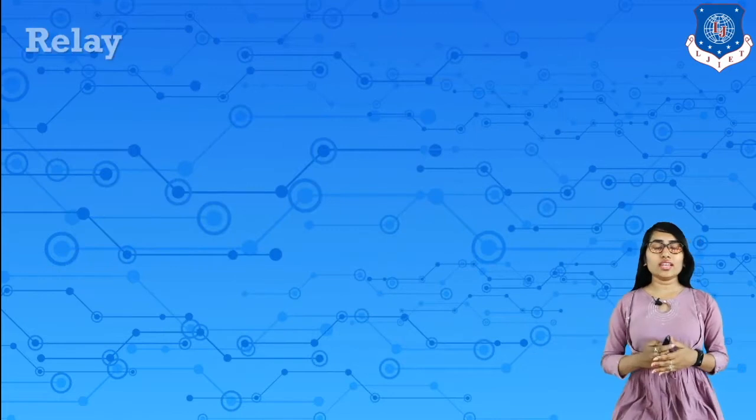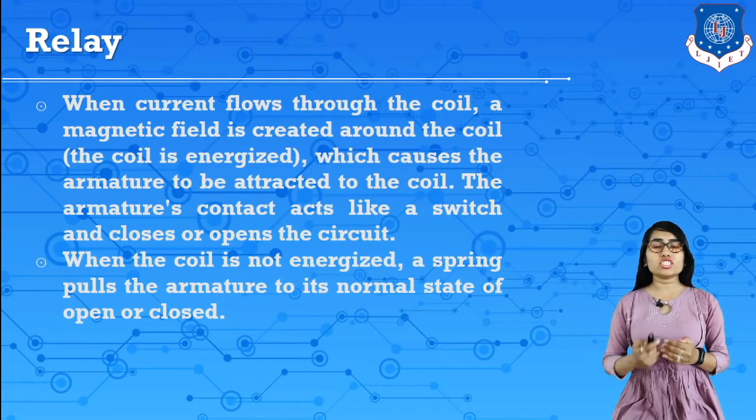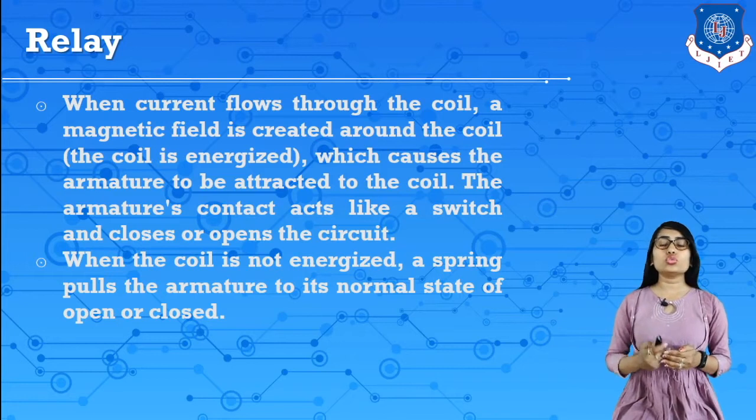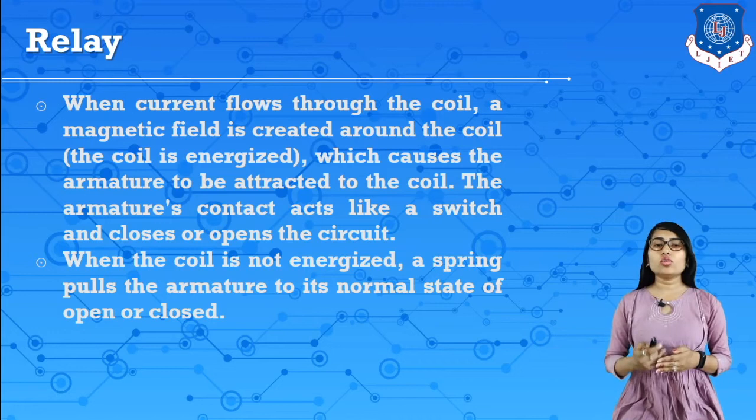When current flows through the coil, a magnetic field is created around the coil and the coil is energized, which causes the armature to be attracted to the coil, and the armature contacts act like a switch and close or open the circuit. When the coil is not energized, a spring pulls the armature to its normal state of open or